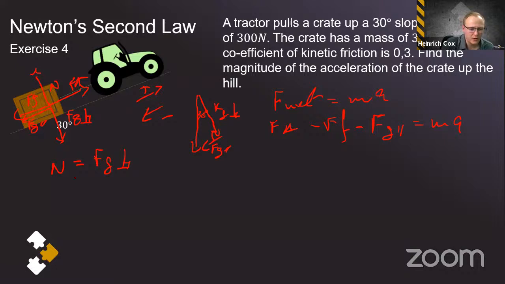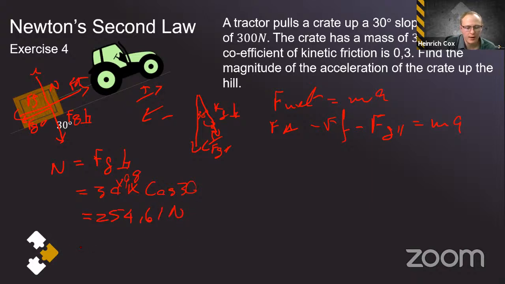Okay, so the crate has a mass of 30 kilograms. So that's going to be 30 times, and then FG perpendicular is next to the 30-degree angle. So that's 30 times cos 30 then. Oh, not 30, 30 times 9.8, because it's got to be weight, right? So 30 times 9.8 times cos of 30, right? And that's going to be 254.61